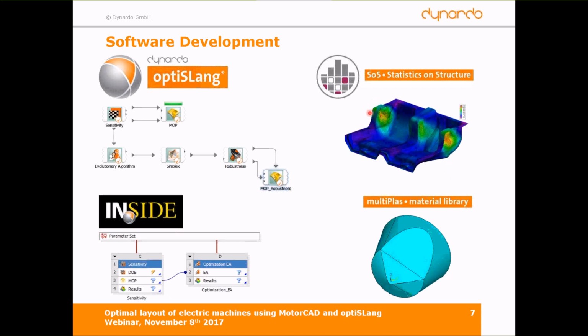For example, the thickness here is correlated to the thickness here and correlated to the thickness here. So you can take into account correlations across space, and that's more math based on mode decomposition, and that's our second software product, statistics on structure. Then there is Multiplas, the material library,